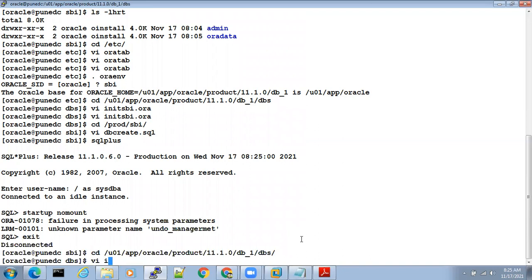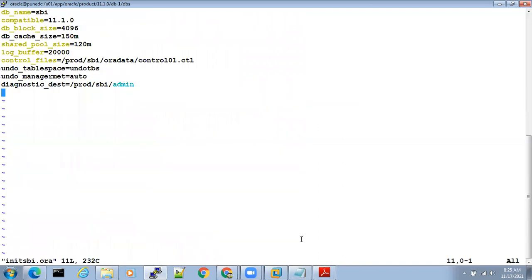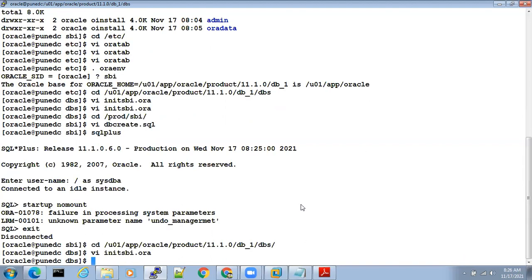Go to this location, vi initsbi.ora and change the spelling to _management. Save it.